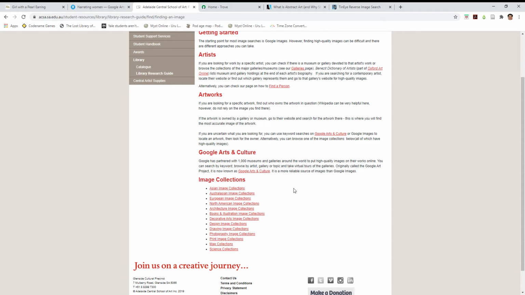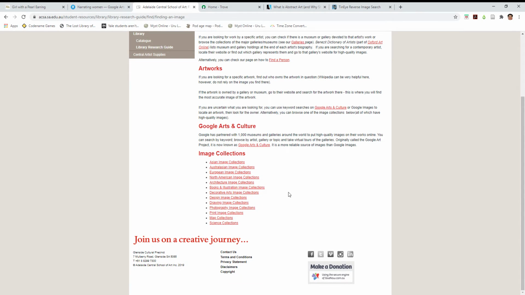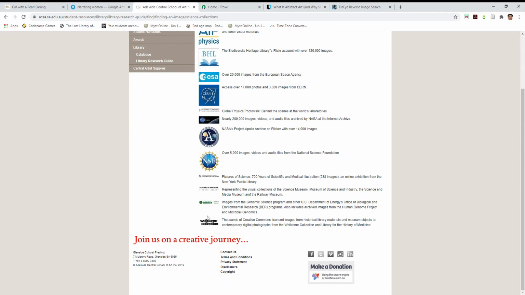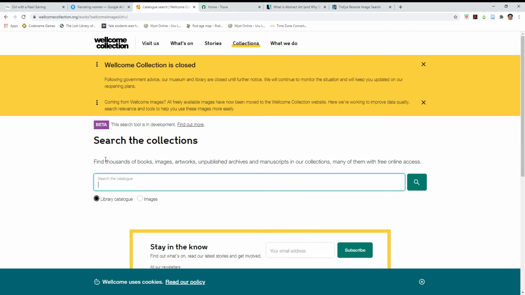I've also gathered together links in 2 image collections that are really quite good. And I've grouped them by country or region, but also by topic. So if we come to science collections, for instance, we come down to the Wellcome collection. Now, the Wellcome collection is for the history of medicine. So if you're looking for old images related to anatomy or medical science of some sort, this is a good